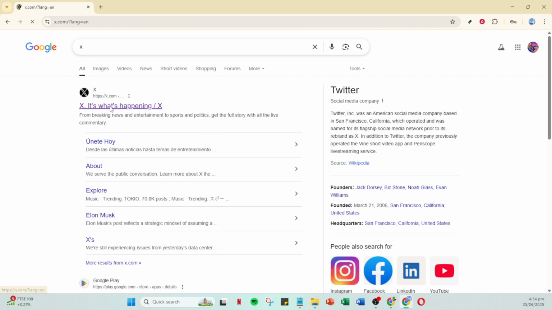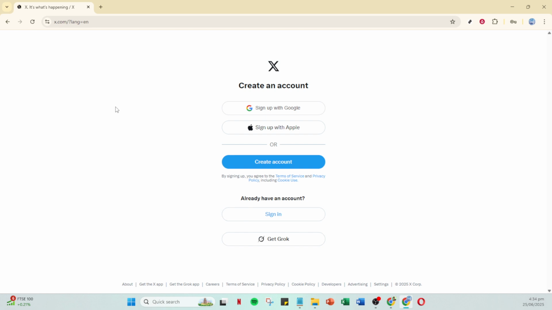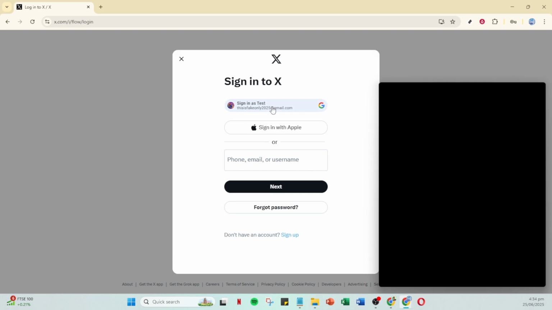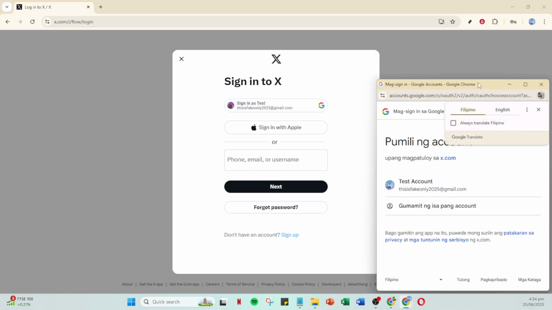Once you're on the Twitter homepage, take a moment to look around. You should see the option to sign in or sign up. It's usually located at the top right corner of the screen. Since today we're focusing on signing up with a Google account, look for the option that says sign in with Google and click on it. This is a quick way to get started without the hassle of creating a new username and password specifically for